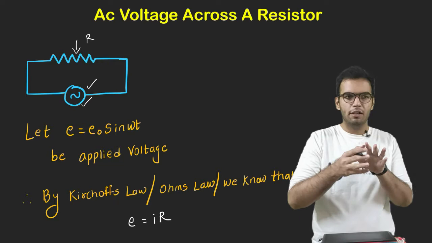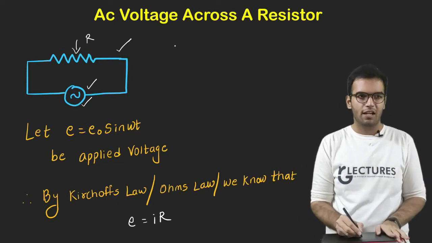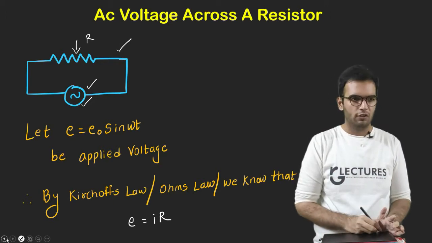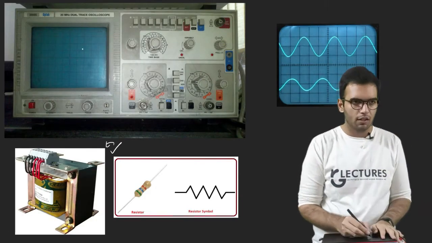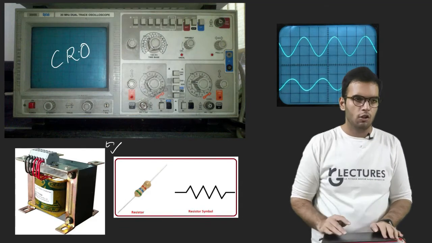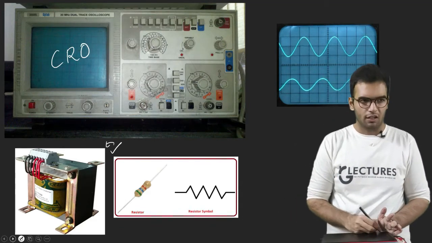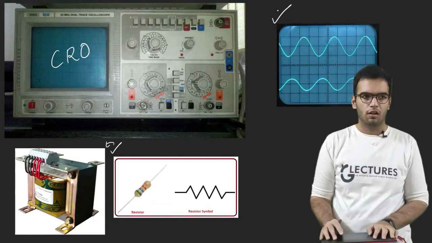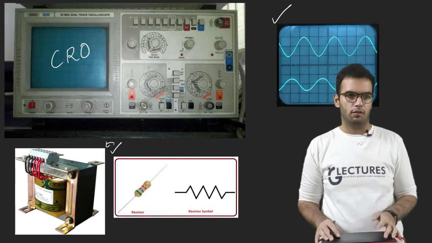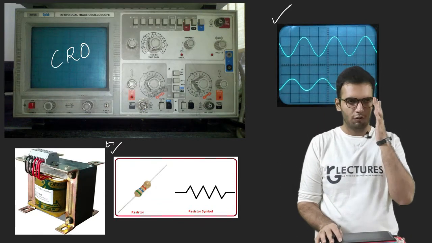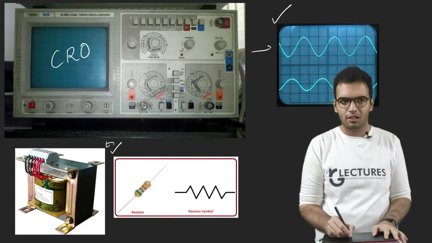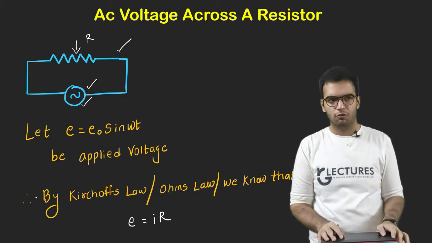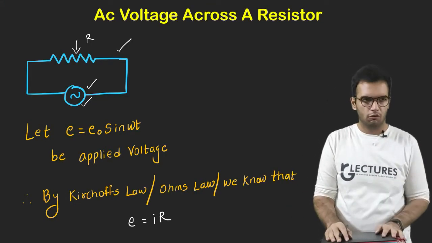Applications will be combinations. For example, if I take this circuit and a circuit of an inductor, then that circuit will be useful. So that is the reason I have not drawn the circuit diagram. This device here is called a CRO. Whatever equations we see here, the equation of current with the equation of voltage, we can see in the CRO. The life of a BSc student is almost spent with the CRO in the lab, because every experiment needs a CRO, so you can see the phase difference which we get. These topics are theoretical, but in future videos you will see the applications also.